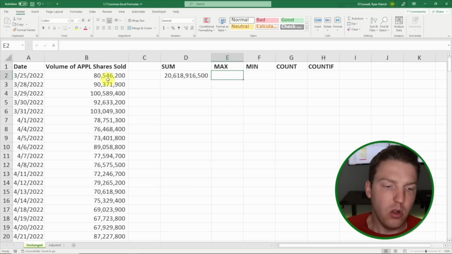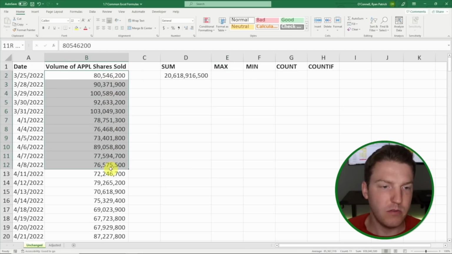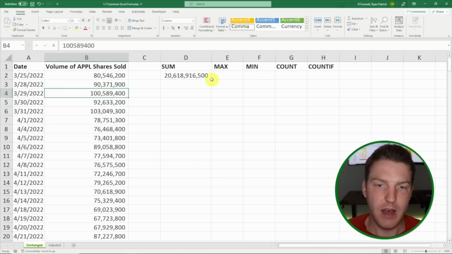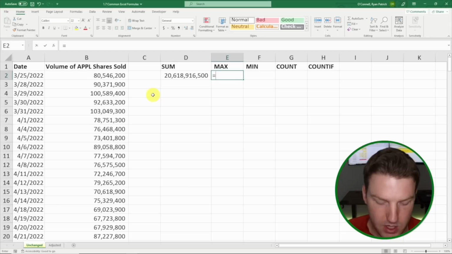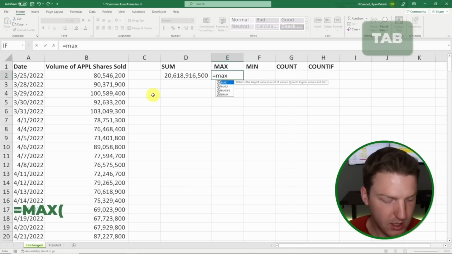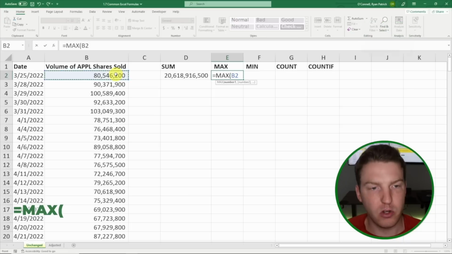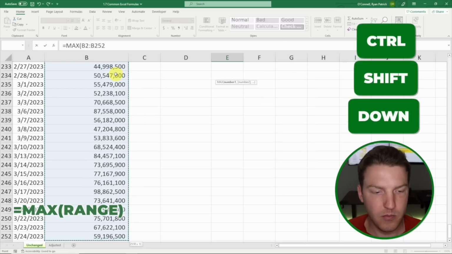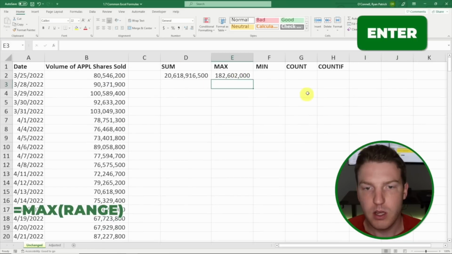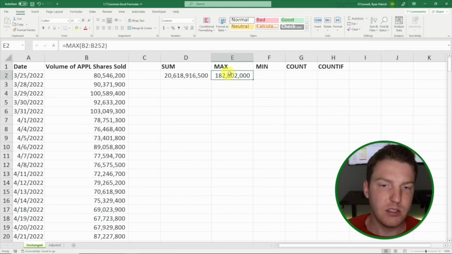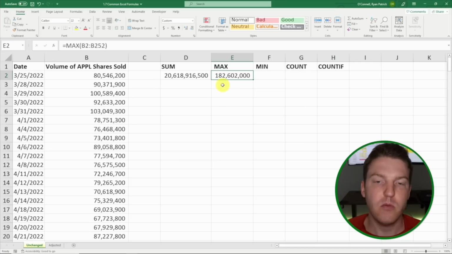Now what we want to find is the max value. So of all of the days, which day had the max number of shares sold and what was that value. So I'm going to type equals max, hit tab, and now I'm going to grab the entire range once again and hit enter. And we can see that the highest number of shares sold on any given day was 182